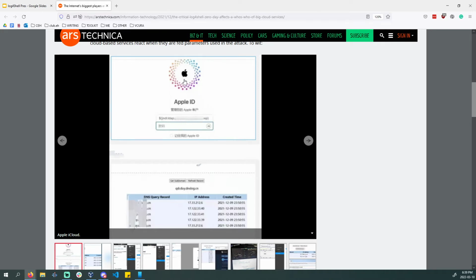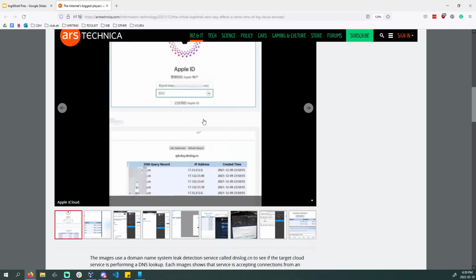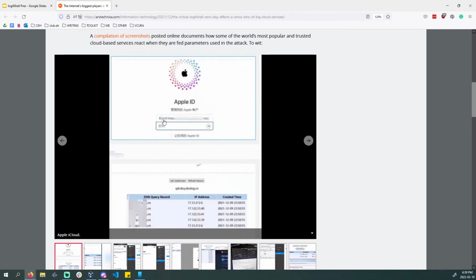So they logged into Apple. They typed in the attack string on the login field. And in this case, they weren't running a reverse shell through the LDAP. Or it was LDAP, but what they were really intending to do here was a reverse DNS. So the command that they typed in would direct the Apple Log4j plugin that's within their software here, and then that would go to the malicious LDAP server, download the class, deserialize, execute it, and then in this